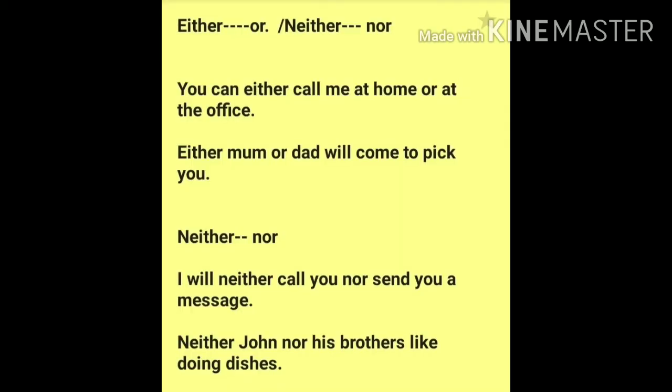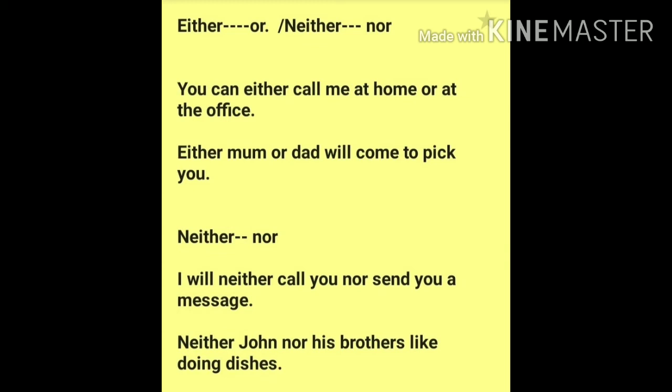Some conjunctions are used in pairs, as either or, neither nor. While either has a positive connotation, neither holds a negative significance.